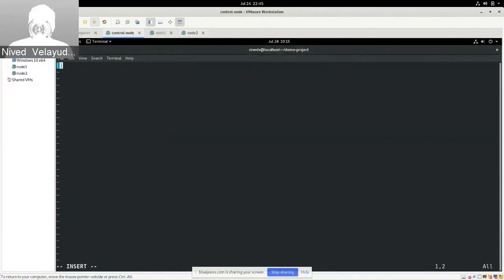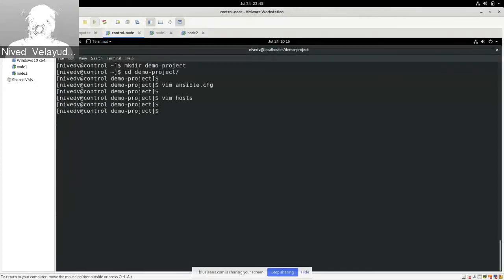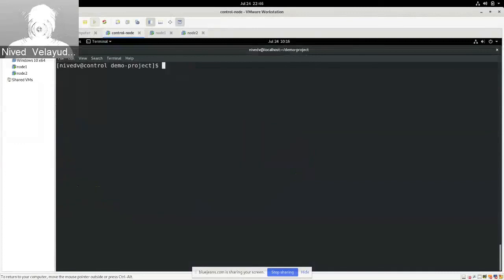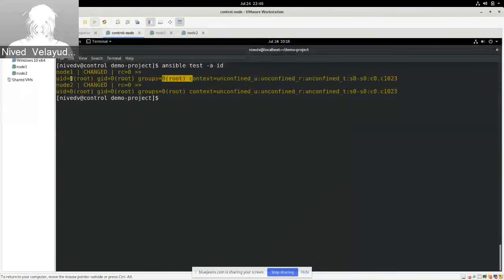So we will define our nodes as maybe test machines, node 1 and node 2. Just a quick Ansible test on these nodes using the ping module. So you can see that Ansible is able to connect to those machines, and also just to verify that it is using privilege escalation, you may pass an ID command. It should return back saying that it connected on the node 1 with the root account. So that's how you configure Ansible,